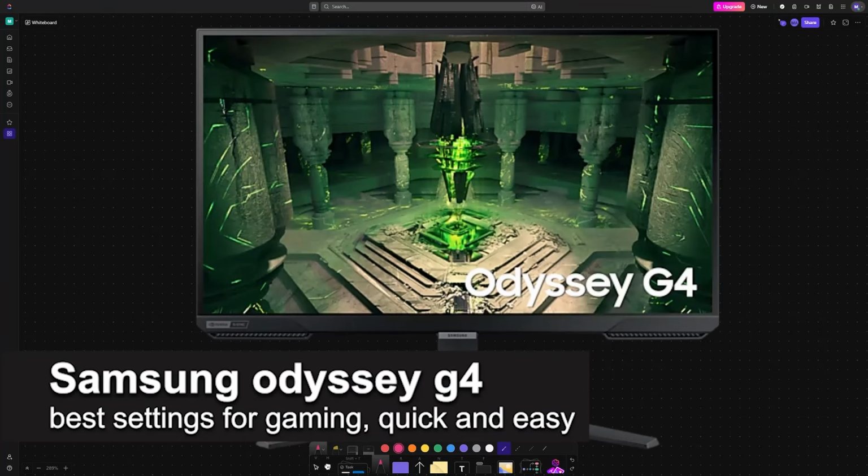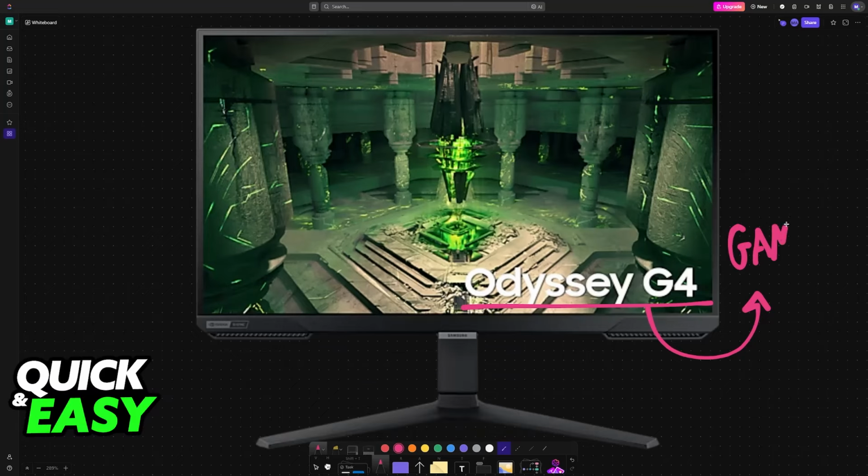In this video, I'm going to be talking about the Samsung Odyssey G4 best settings for gaming. It's a very easy process, so make sure to follow along. In this video, I'm going to cover how you can set up your G4 to have the best gaming experience